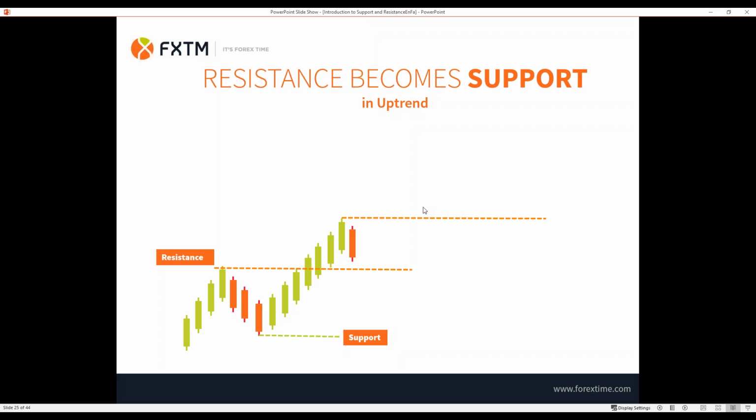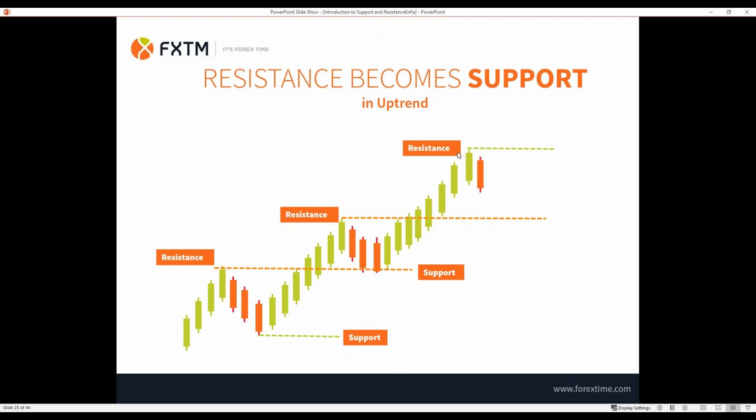Okay? So let's see what happens. Now we have a top. This top is a resistance. Why? Because anything above my current price is a resistance, and anything below my current price is support. Very good. And then prices break through again this resistance. They form another top, another resistance. They find support at the previous level, and the story goes on and on.